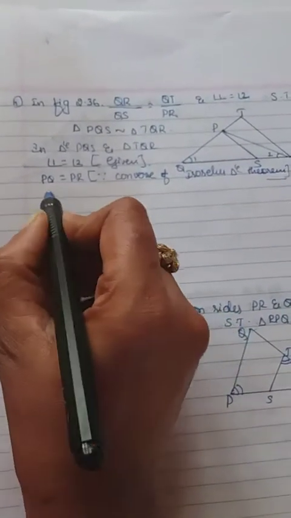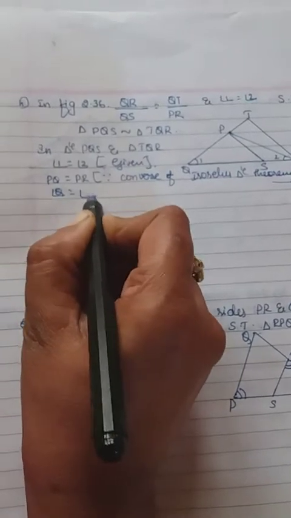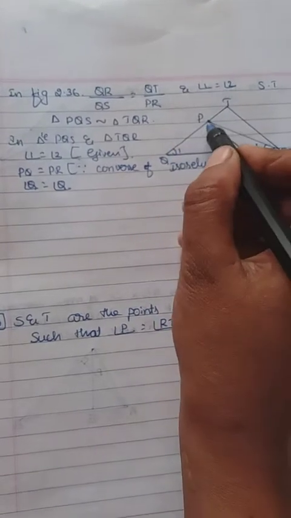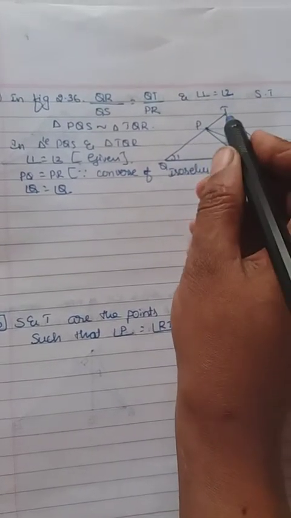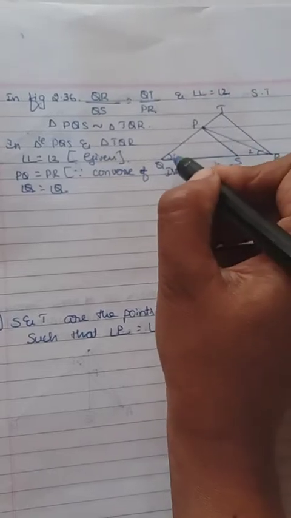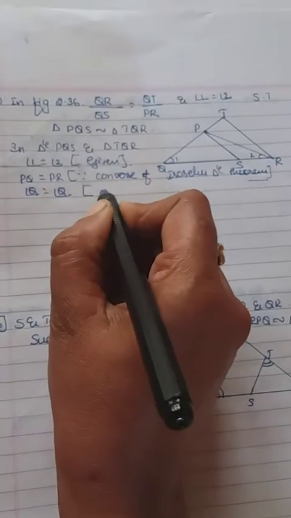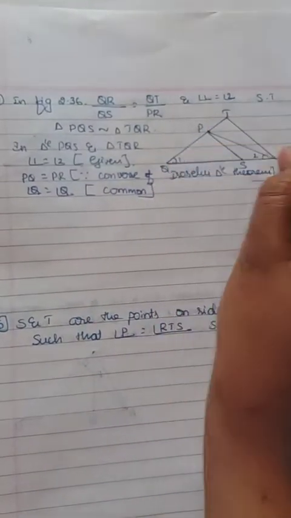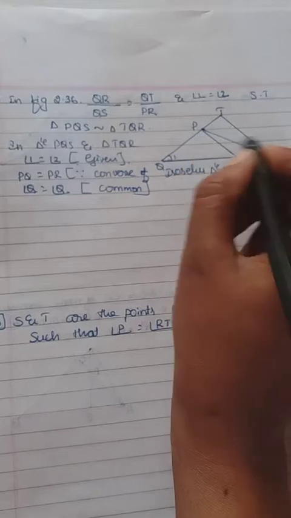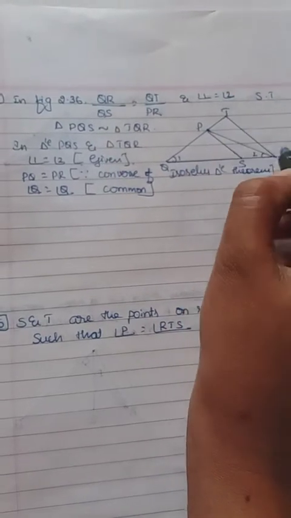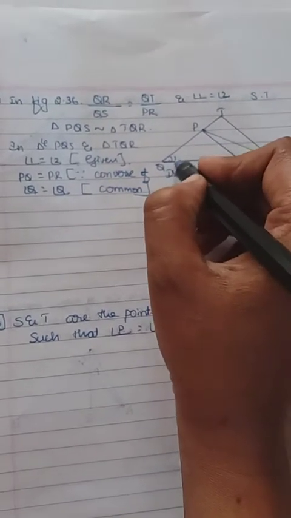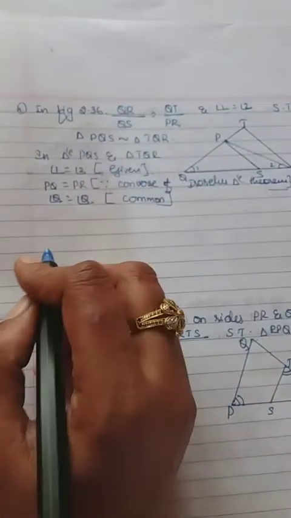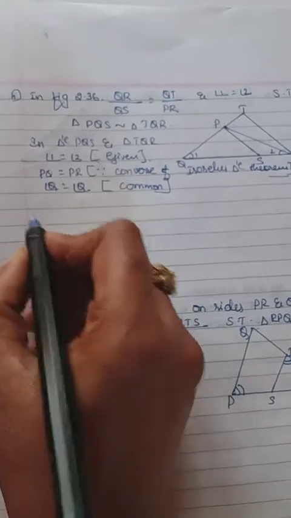So here we have taken the converse of the isosceles triangle theorem. Keep in mind, angle Q equals angle Q, because it is the common angle for both triangle PQS and triangle TQR. You can see here it is common for both triangles. Angle P is not common, angle S is not common, angle T is not common, angle R is not common, but angle Q is common in both triangles PQS and TQR. Angle Q equals angle Q.